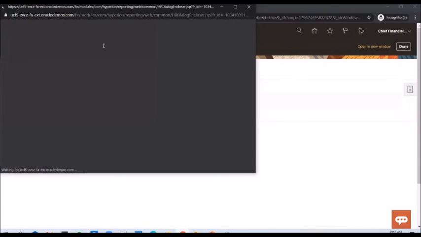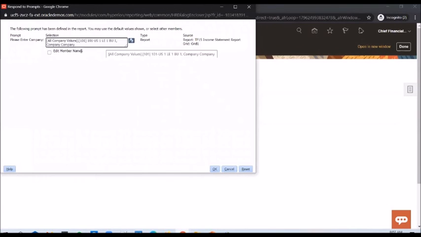When you run it, first of all, you should see a prompt which asks you to select the company segment for which you want to run the report. Then you can see default values in there, two values, 101 in the total company segment. Here you go with the default values. If you want to change them, you can click on this and change it. Why are you seeing two values in there? You're seeing the member name as well as the alias. If you select only the member name and not the alias, you probably won't see this. Click OK.